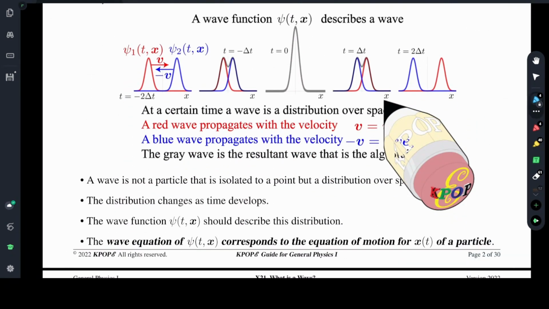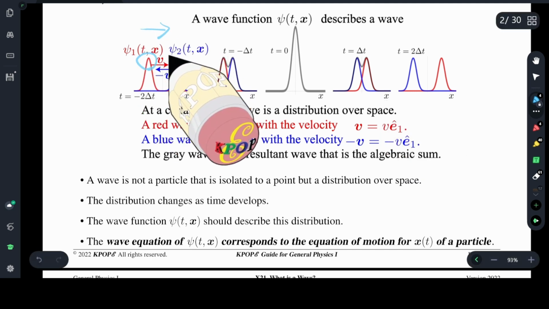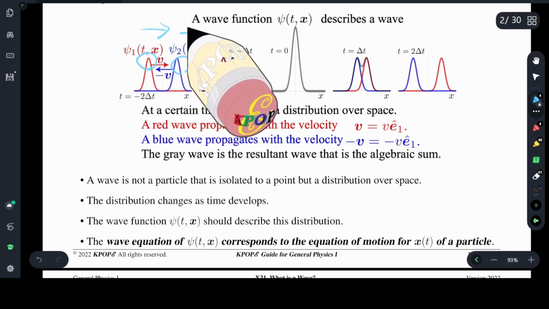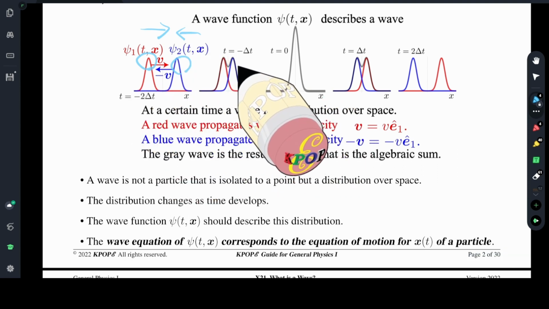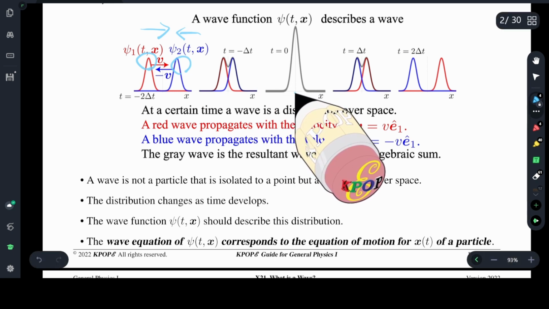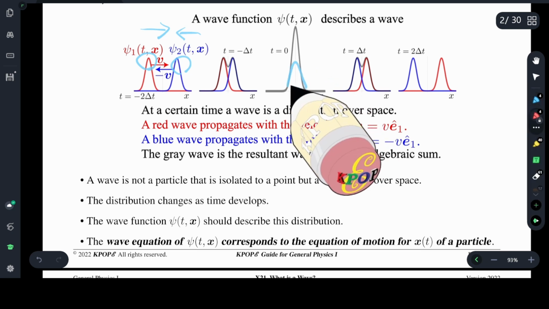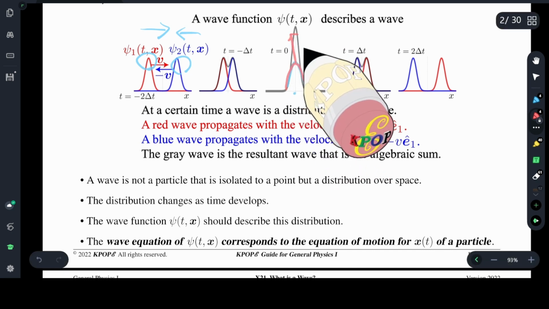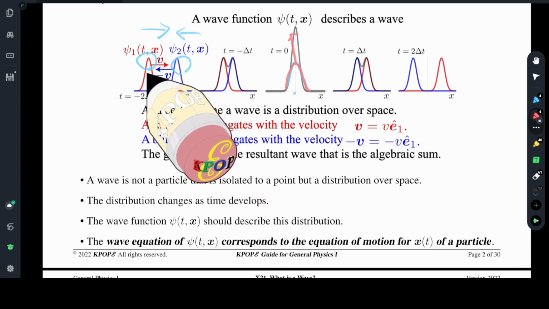This is a simple example of a wave. The blue wave propagates from the left to the right, and the red one propagates from the right to the left. In the meantime, they approach each other, and at this point they make a complete overlap. That means the blue one and the red one are equal at this point, and it is doubled to make a resultant wave. The reason is that the two waves